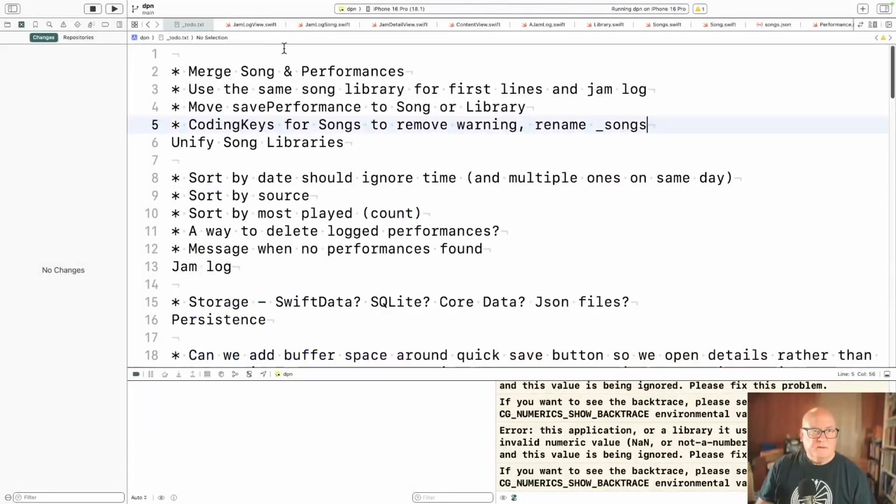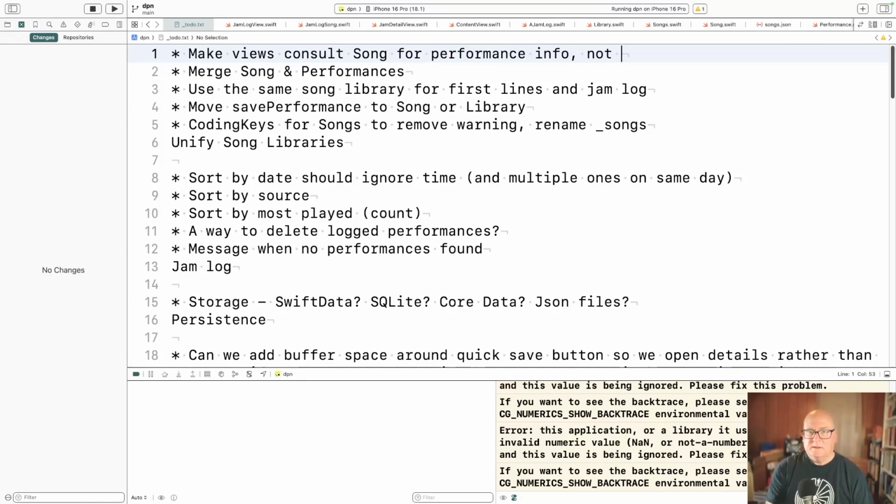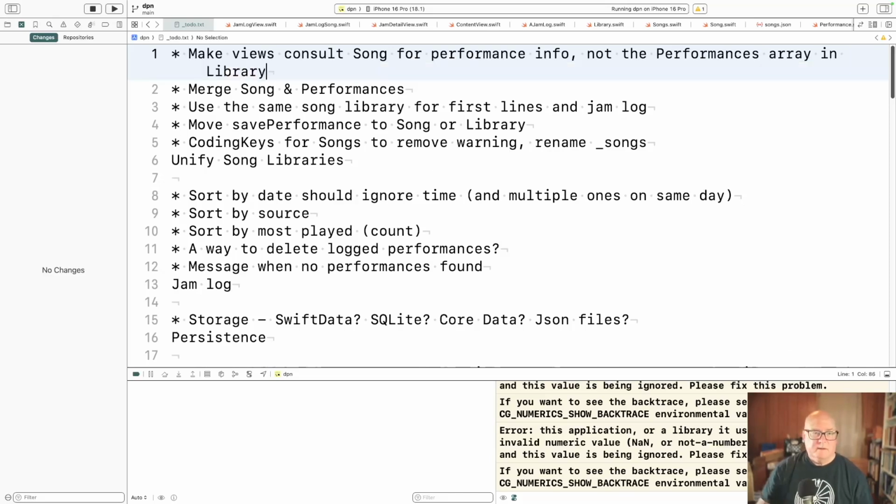All right, but okay, so we merged. Well, what have we done? Make views consult song for performance info, not the performances array in library. That we've done.